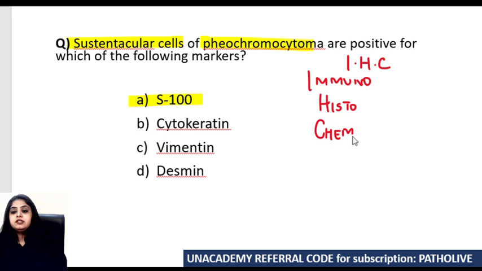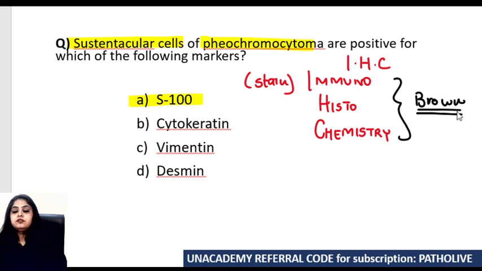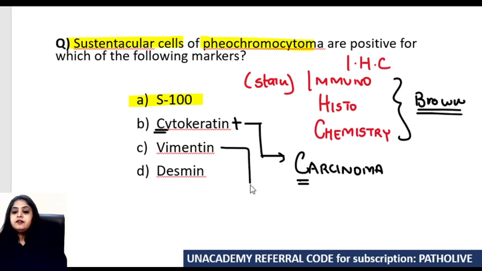immunohistochemistry, as the name suggests, is a chemical reaction. It's a kind of staining procedure, but you know what happens in this stain? Every time you get a similar color. The color that the stain gives is a brown color. That's what it's famous for. Depending on what marker you've used, I'll give you some examples. Whenever you're dealing with carcinomas like squamous cell carcinoma, adenocarcinoma, transitional cell carcinoma, whenever carcinomas are there, cytokeratins come out to be positive. Whenever you're dealing with sarcomas,